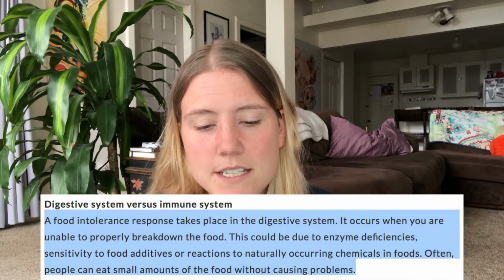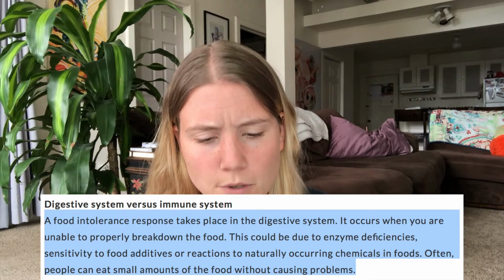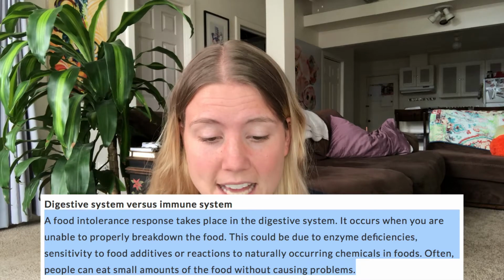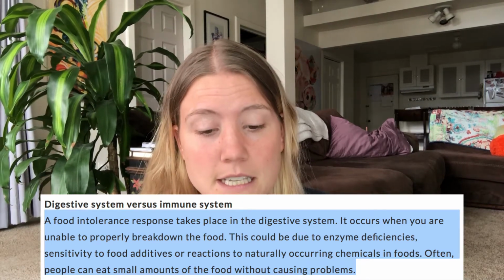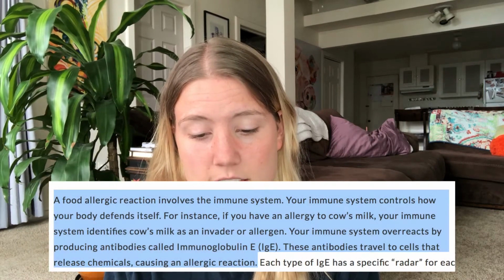It's important that we first define the difference between an actual food allergy and a food sensitivity or intolerance. As the American Academy of Allergy, Asthma, and Immunology explains, a food intolerance response takes place in the digestive system. It occurs when you are unable to properly break down the food. This could be due to enzyme deficiencies, sensitivity to food additives, or reactions to naturally occurring chemicals in foods. Often, people can eat small amounts of the food without causing problems, whereas a food allergic reaction involves the immune